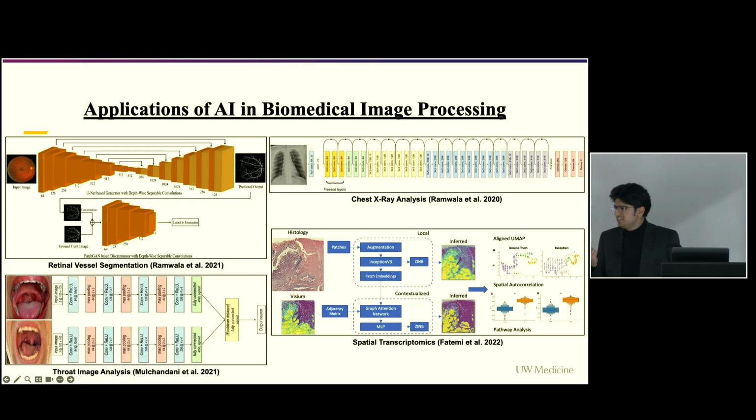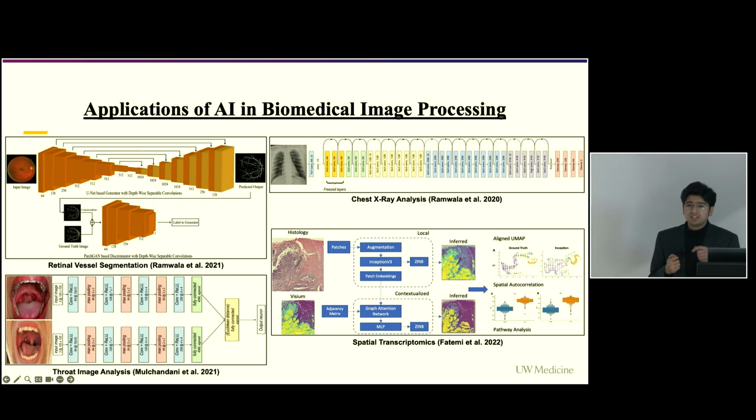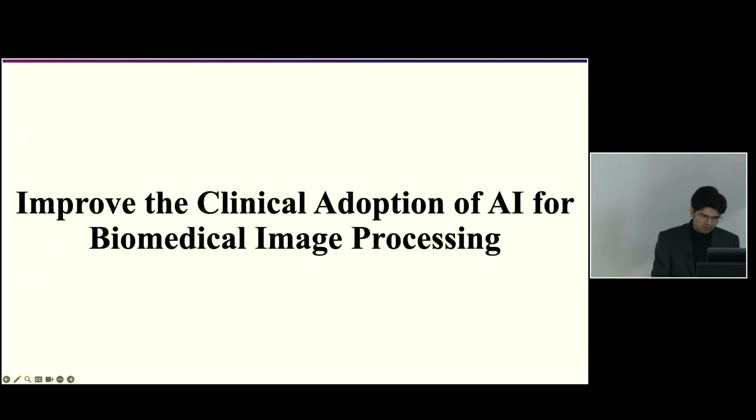And you don't really see these algorithms in clinical settings, do you? You don't. Also, we were just a bunch of undergrads, but there are proper teams who build robust, generalizable deep learning algorithms. In fact, I was just checking this morning that there are over 1,000 FDA-approved AI algorithms which can be used in clinical settings, but not really. So, the main question that I've been asking is how do we improve the clinical adoption of AI algorithms for biomedical image processing? To essentially understand what's the missing piece of this puzzle.